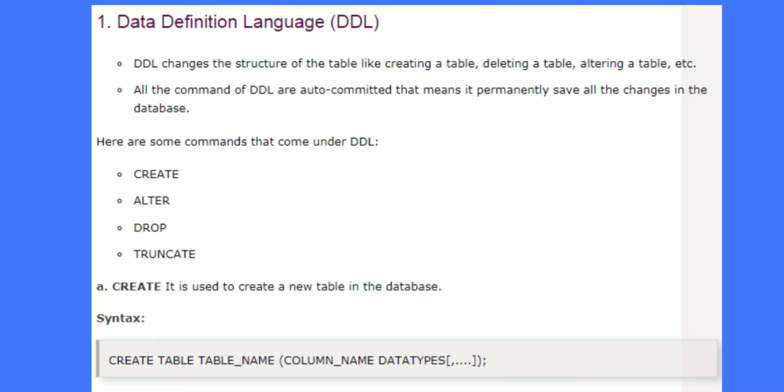So for the syntax: create table, table name, the bracket, column names followed by data types.